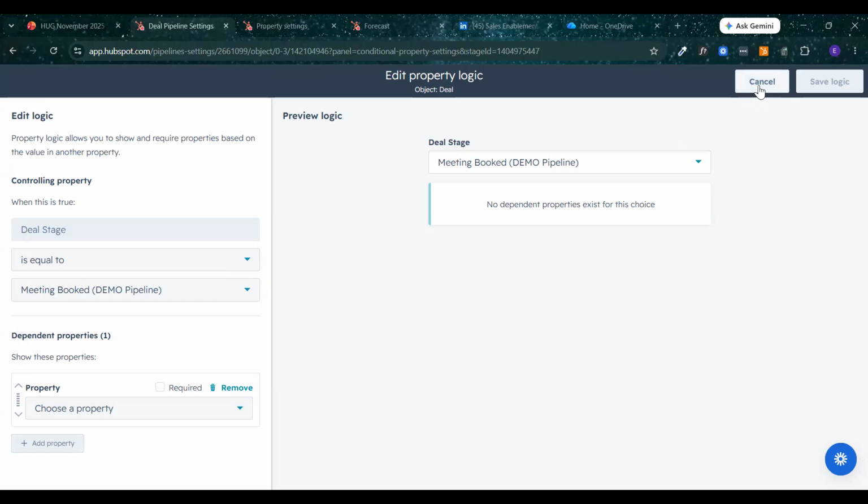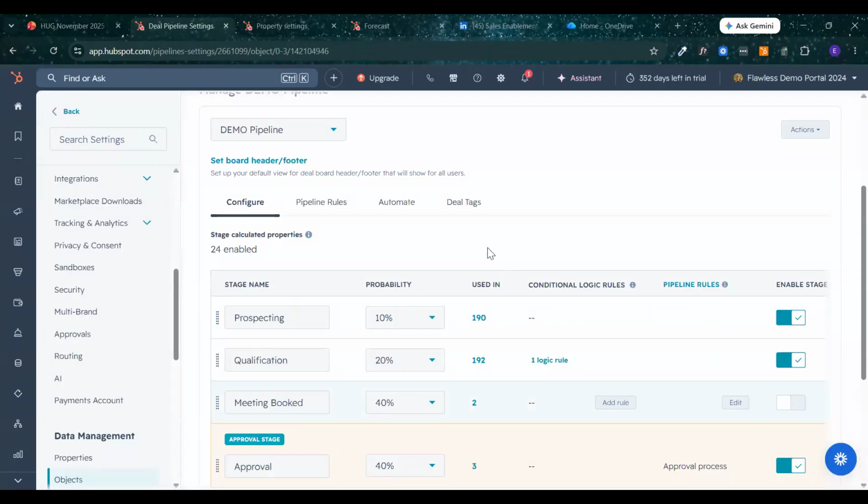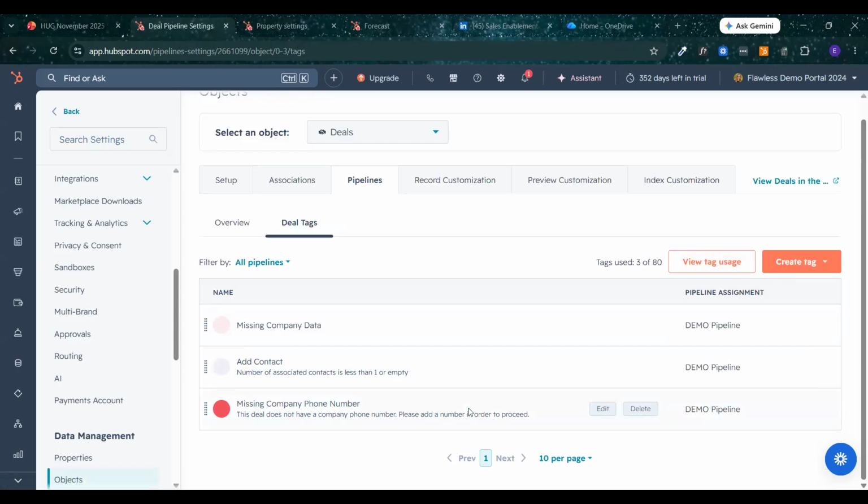And so my recommendation and my solution for this is to use deal tags as a workaround for cross-object required fields. So one thing that we have set up is things like, is it missing the company phone number? So let's say you require a phone number for your companies to be in place when a deal reaches a certain stage. Otherwise, it's not going to work. Finance team can't access the company. They can't do whatever they need to do to verify it, etc. So we need to have a company phone number.